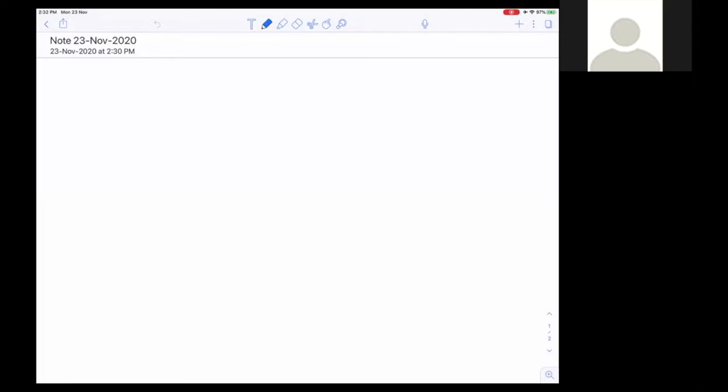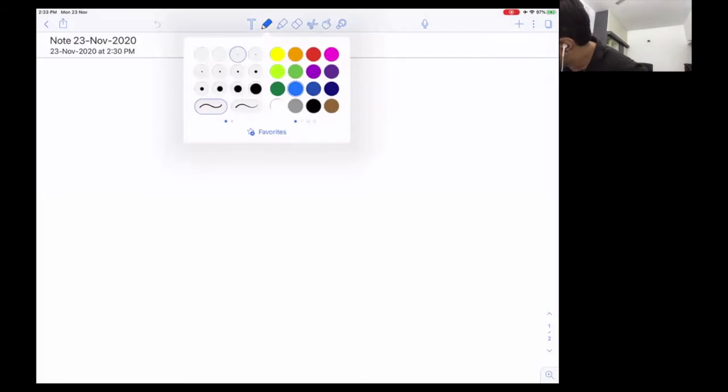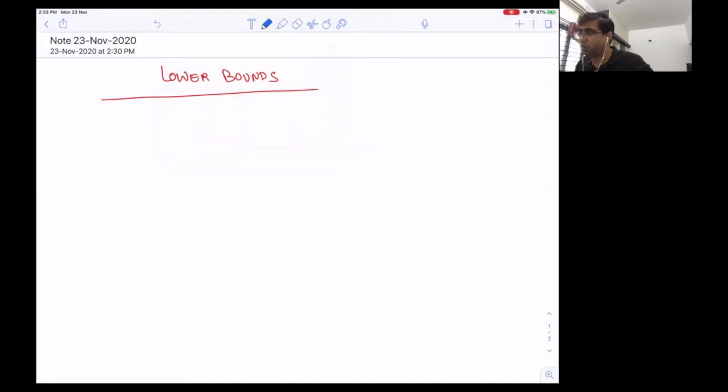So today we will do some lower bounds. At least not today, but at least for the next few lectures, we will be doing some lower bounds. We will be doing some general methods to prove these lower bounds, and the idea will be that